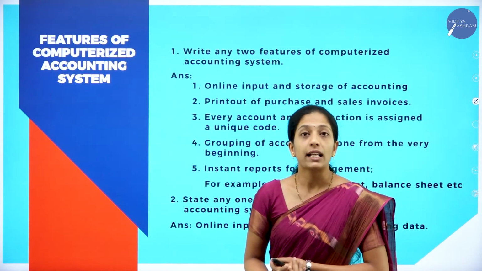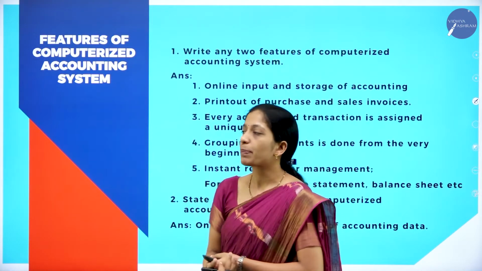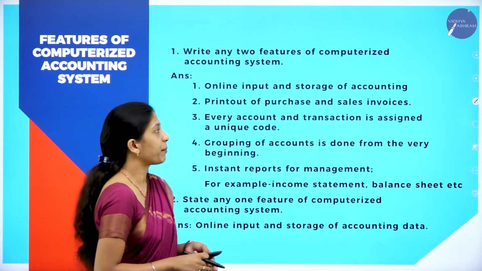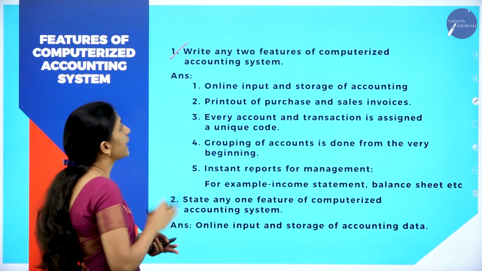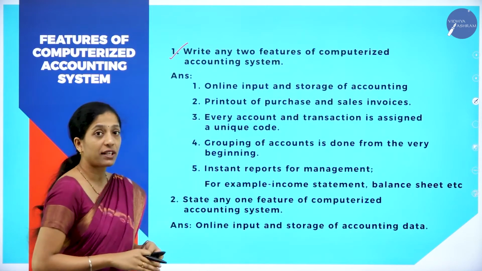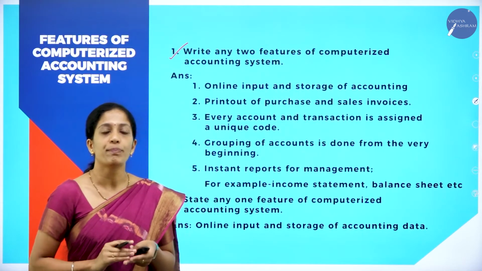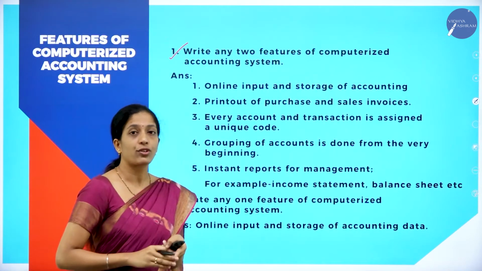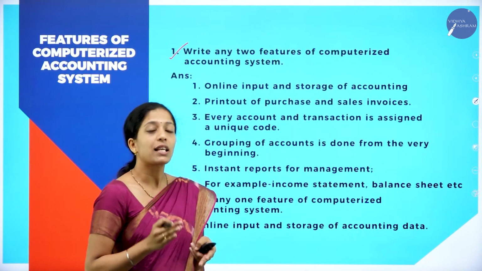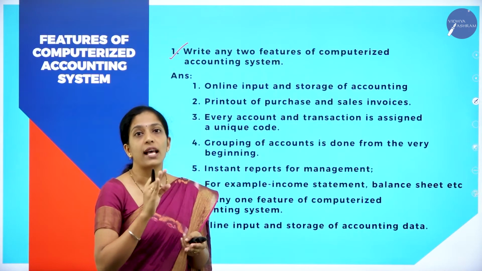Now let us see what are the expected questions on the topics we have discussed today. So expected questions on features of computerized accounting system. So let us see what are the questions they might ask here. So they might ask, write any two features of computerized accounting system. So you have to write any two features because the weightage of this chapter is only 2 marks as well as 1 mark and 1 practical oriented question. So I have already told you which is that practical oriented question, that is components of computer system. Okay, so that will be the practical oriented question. Other than that, you can expect only 2 marks as well as 1 mark.